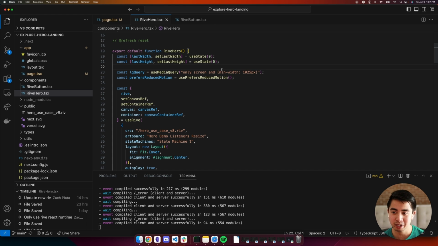And if so, we want to be able to scale the canvas element, which takes up the entire viewport, accordingly so that it takes up the new size. And we want to compare it with the last size to see if nothing has changed, then don't worry about resizing the canvas.